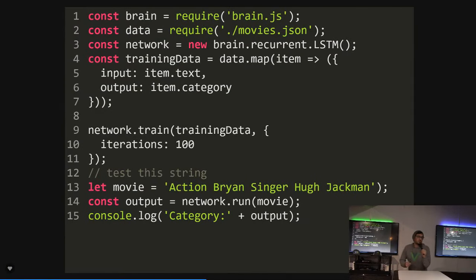Yeah. Can you go back a slide? Sure. Here, when you see the movie that you're going to evaluate, which is action, Brian Singer, Hugh Jackman, is it the presence or absence of each of those things that is the feature? And so, you say there's a feature which is has the string action, or the absence of has the string action. Does this thing only build up that first order interaction, such as has action or not action, or is it second order things like has Brian and Singer? Or the order of it.